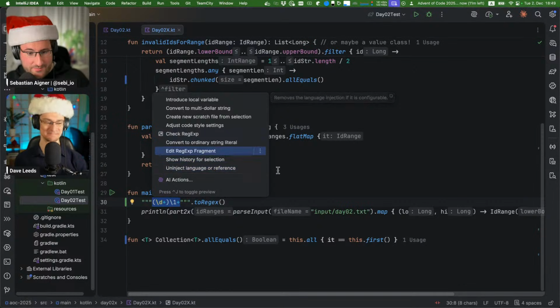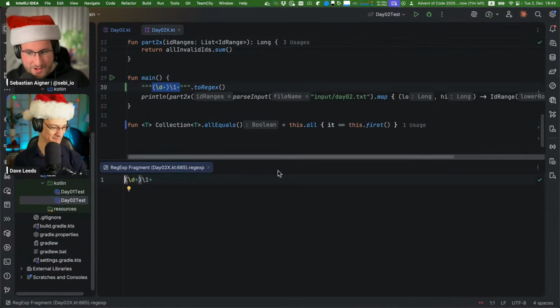There is also the ability to just edit this regex fragment, so it actually puts you in a regex specific editor. The best part about this, as far as I know, is that if you type anything in here, it will also take care of any of the escape syntax for you. So I'm pretty sure that if I put